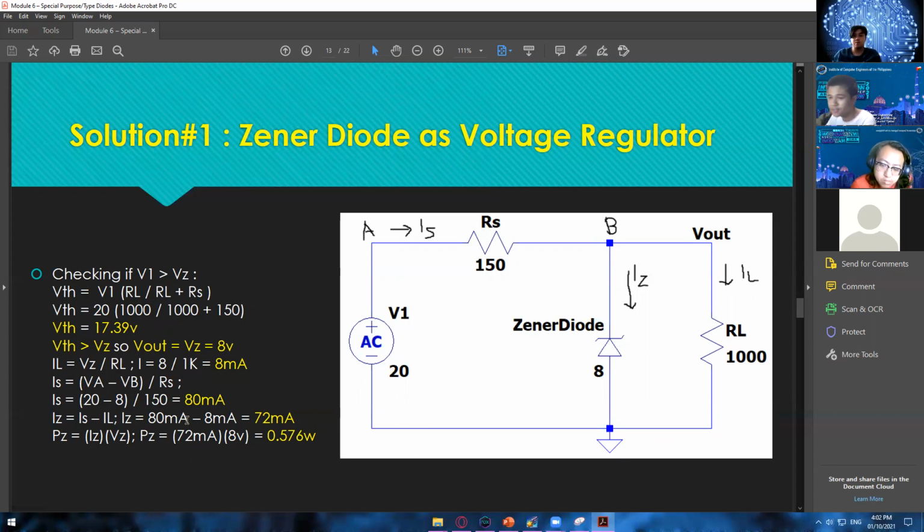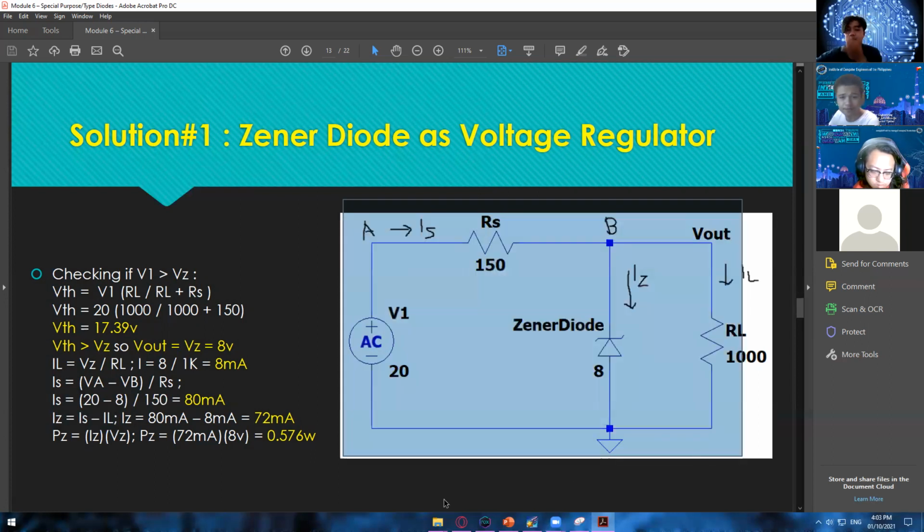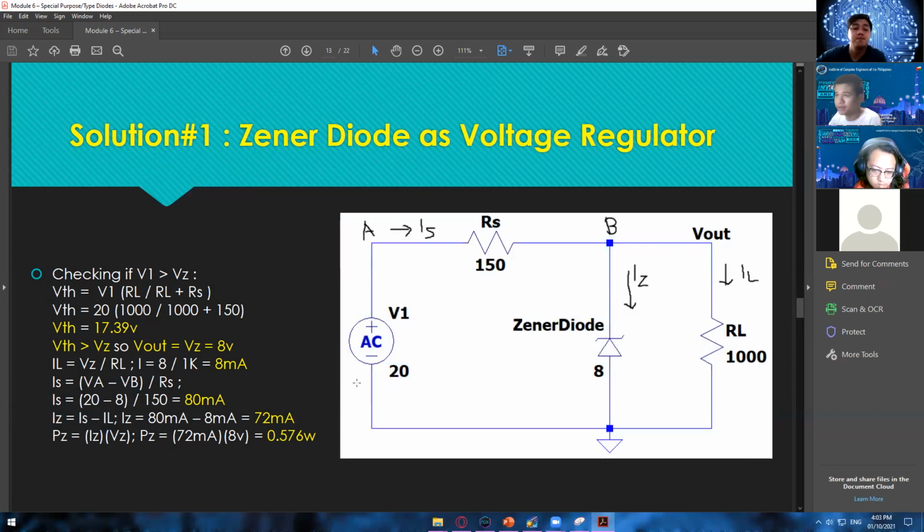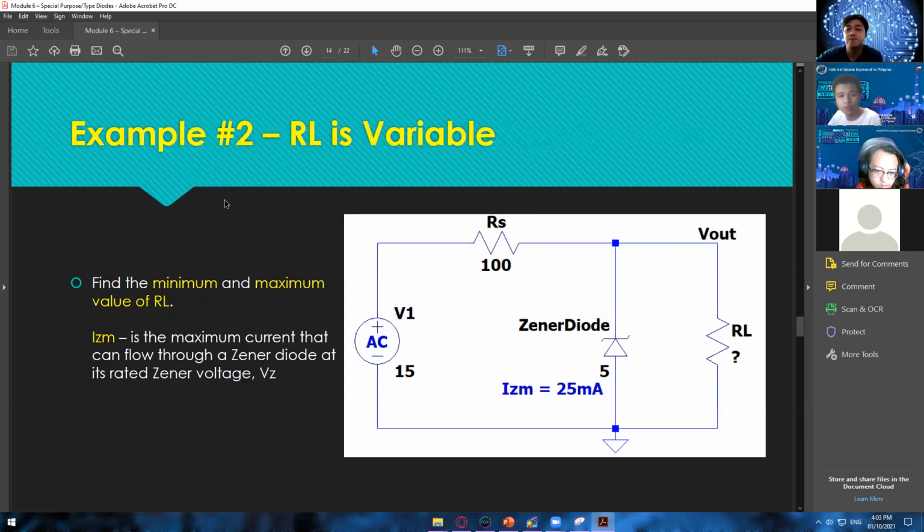Okay, so this is the basic example of a voltage regulator, if everything is given. Now, the hard part is examples 2, 3, 4, and 5, because here we're going to make the RL the variable, or the missing component. We want to solve for the minimum and the maximum value of our RL,